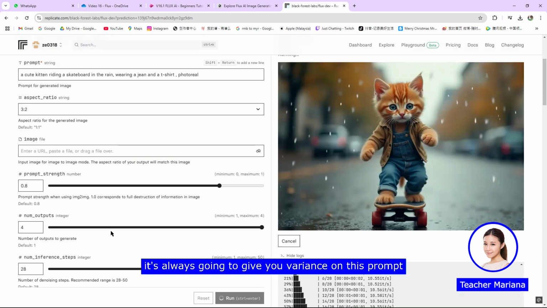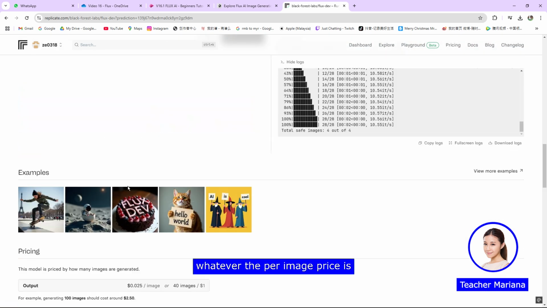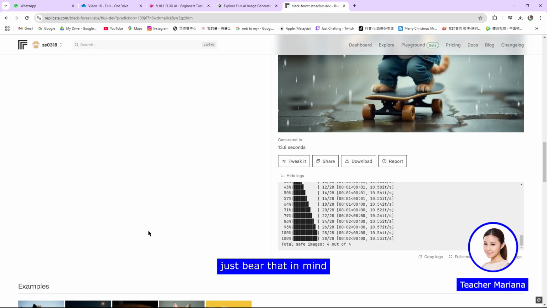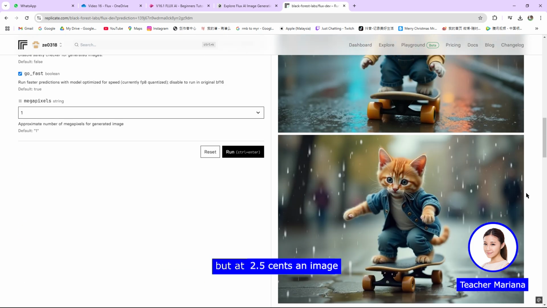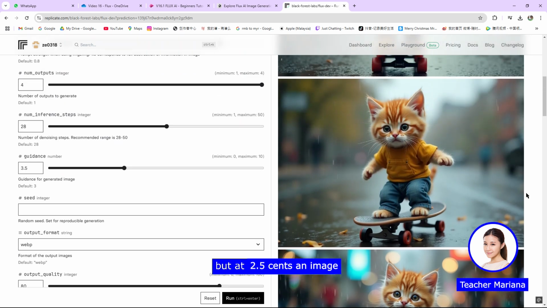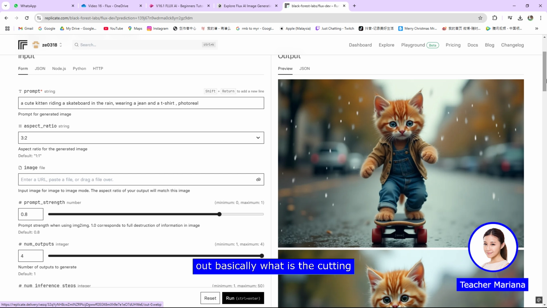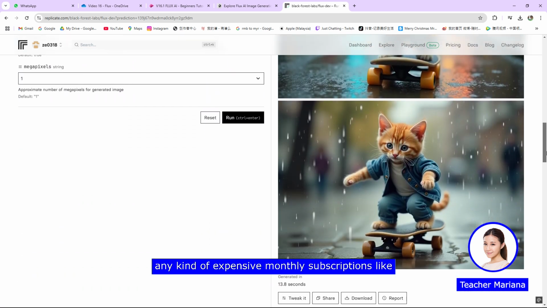It's always going to give you variants on this prompt, and that will cost you 4 times whatever the per image price is. It's going to cost you 4 times, in this case, 2.5 cents. Just bear that in mind, you get charged per image, not per how many times you click Run. But at 2.5 cents an image, you can see why this is a great opportunity for beginners to try out basically what is the cutting edge of AI image creation without having to commit to any kind of expensive monthly subscriptions